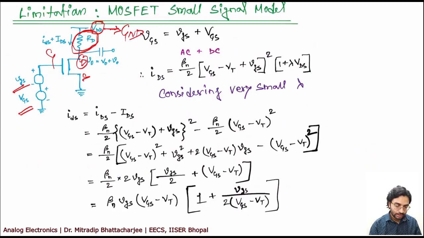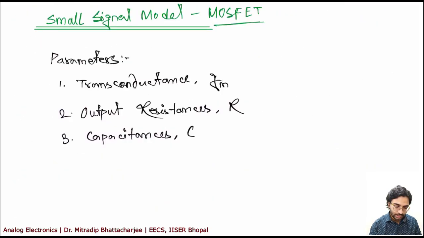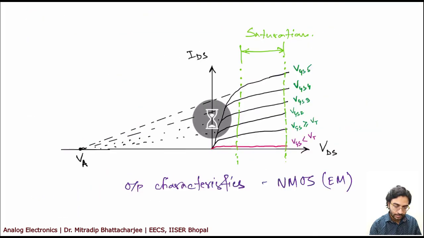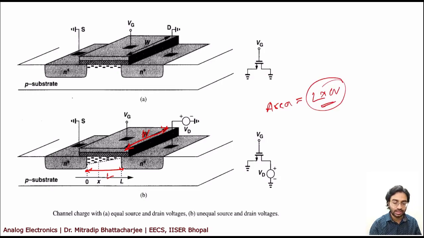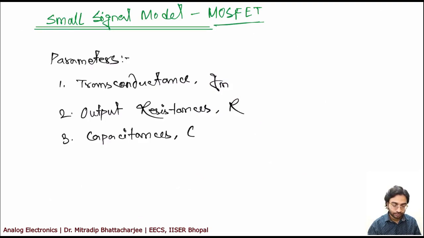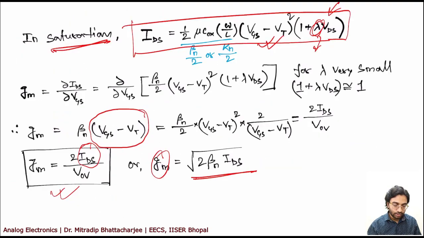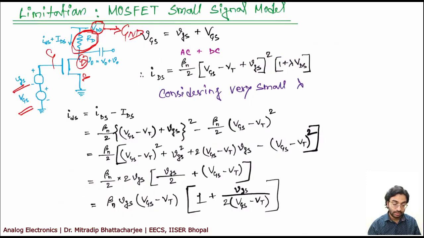Why W into L? Let me go to the 3D picture of the device. Okay, this is the 3D picture, right? So here you have L and here you have W. As it is a rectangle, what is the area of rectangle? Area is length into breadth. So here breadth is W, and your length is L, okay? So that is why we said that the value should be half Cox Ag.